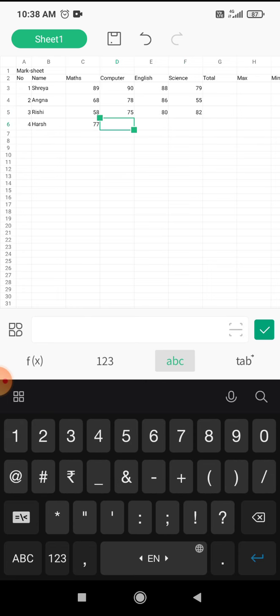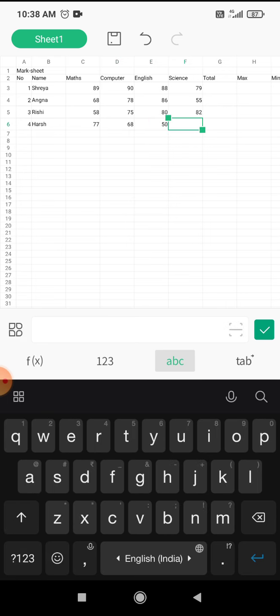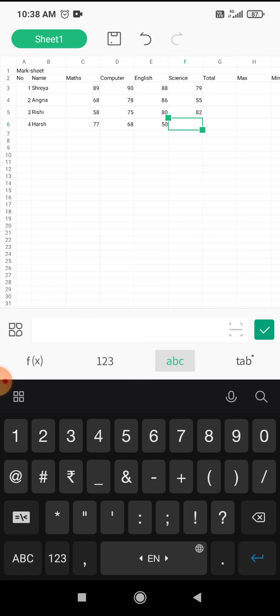For the fourth student, now I specify the marks of all the students.